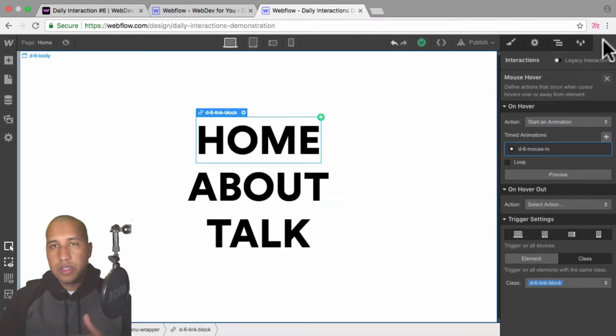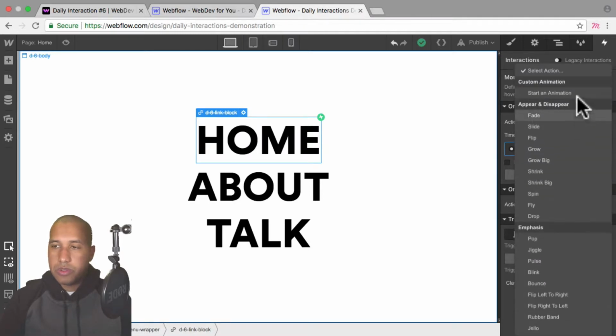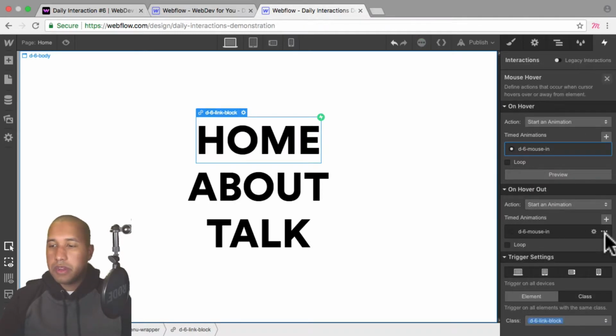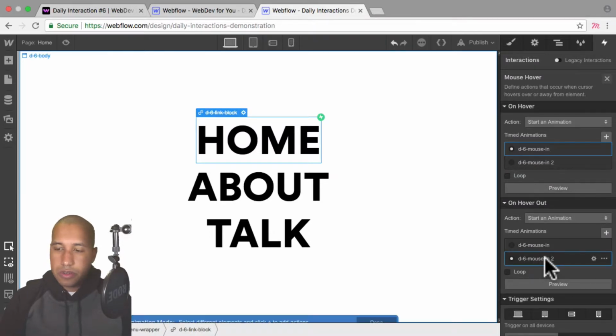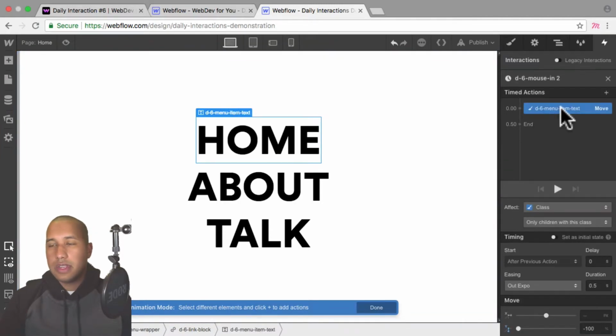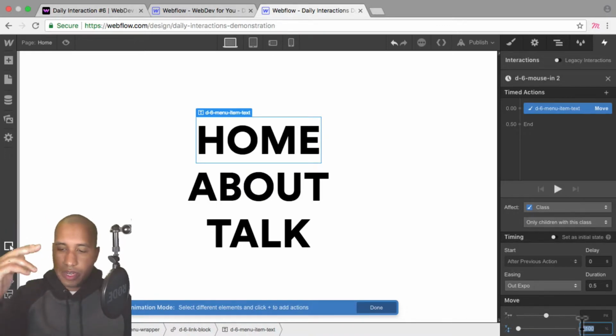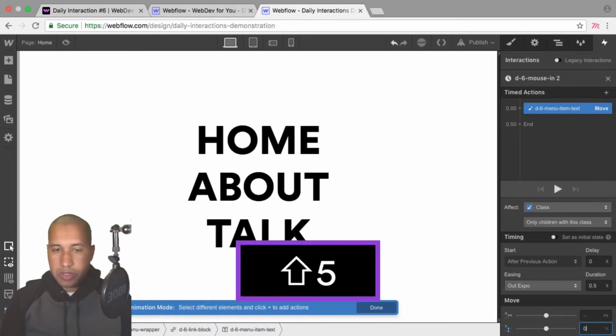So now we want to set the hover out state as well, so that when we hover out, it goes back down to 100%. So here on hover out, I'm going to start an animation. I'm going to duplicate the mouse in, so I'll click the three dots and say duplicate. I'll select D-6 mouse in 2, and here I'll select this timed action, and rather than moving it up -100% for the Y, I'll just say 0%.